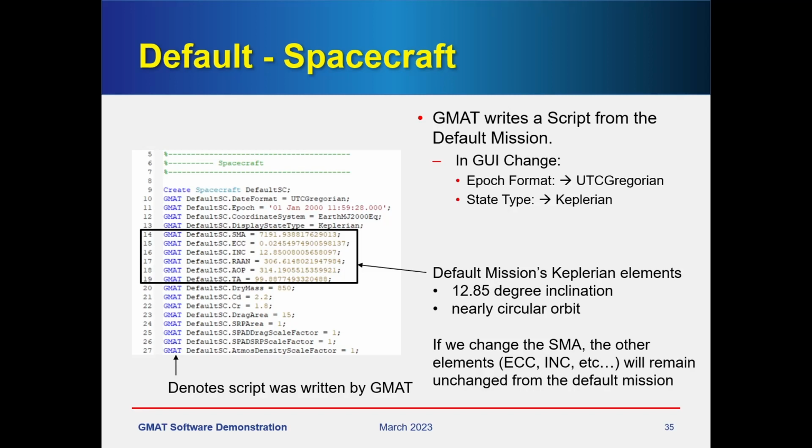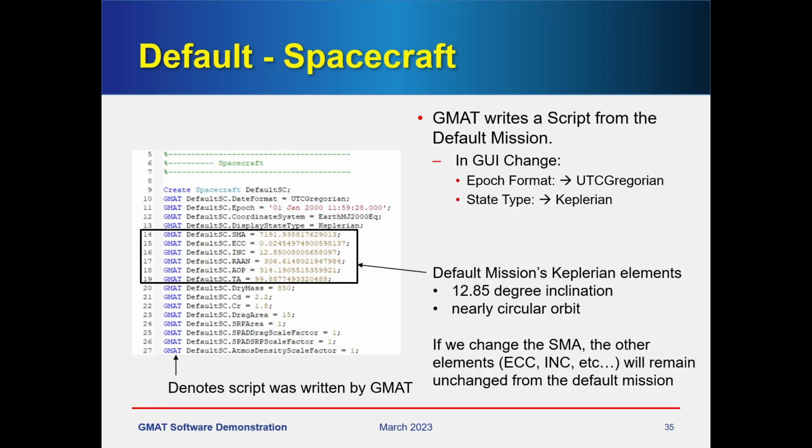I made two changes to the default mission via the GUI. First, I changed the epoch format to UTC Gregorian, and second, I changed the state type to Keplerian. Now we can see the default mission's Keplerian elements on line 14 through 19. We can see an inclination of 12.85 degrees, shown in line 16, and a nearly circular eccentricity of 0.2, shown